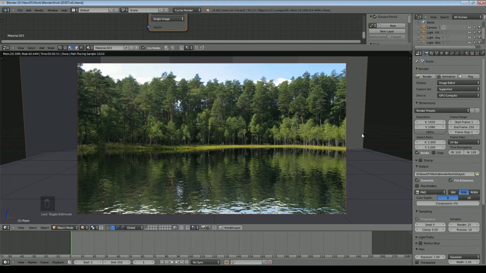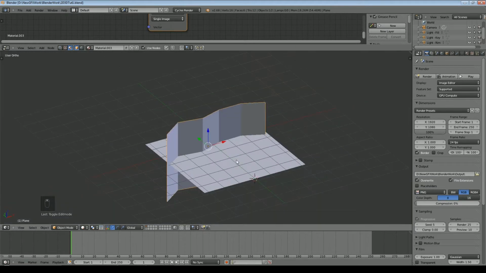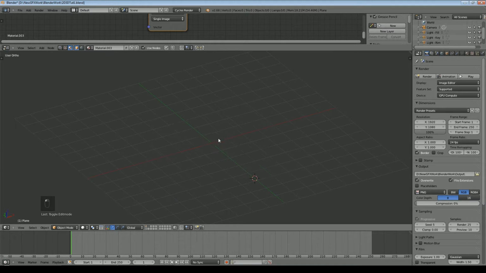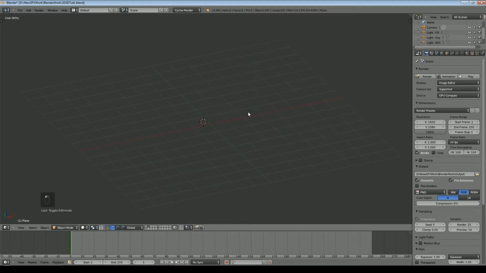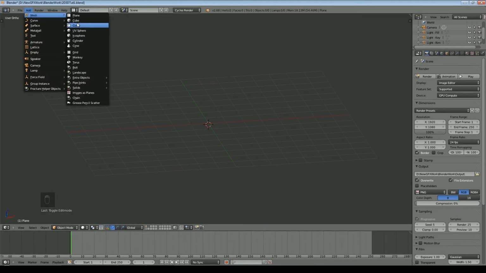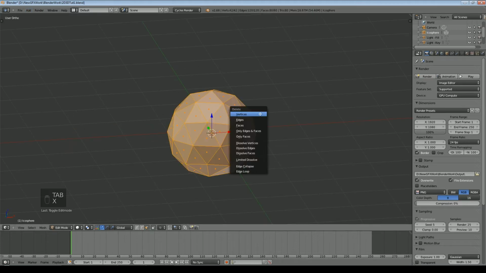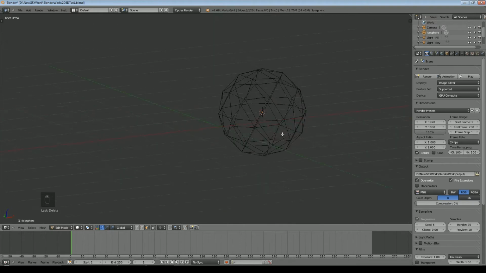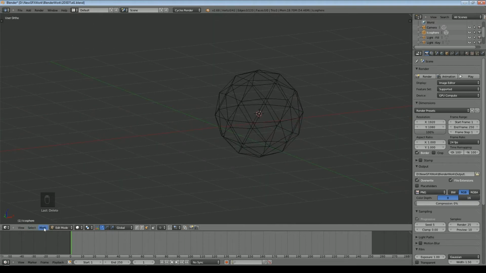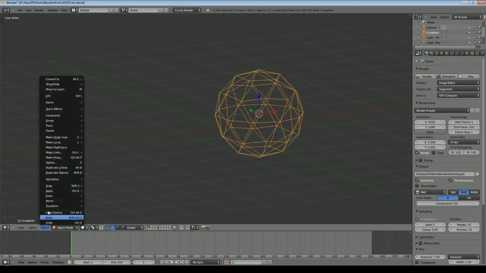Now what we need to do is add our object. So I could create it, in fact I will, I'll create it in another layer and move it over there in a moment. So I'll just add a mesh, which is going to be an icosphere. Go into edit mode, press X for delete, and I'm going to say only faces. And you'll see that leaves us a sort of skeleton. And once you've got that, what you can do is go to object, convert to curve from mesh.